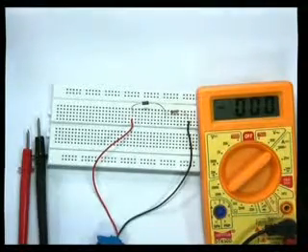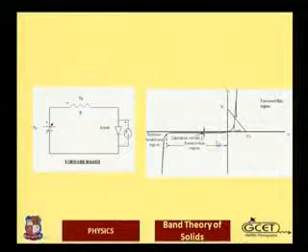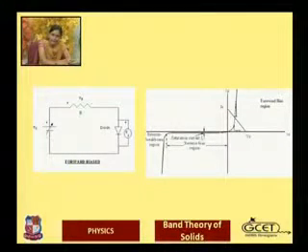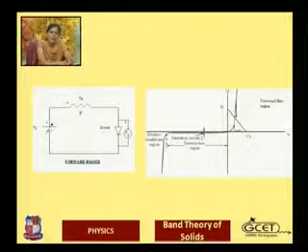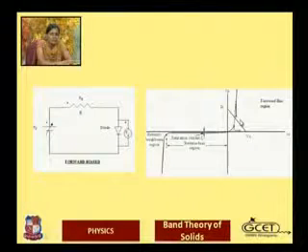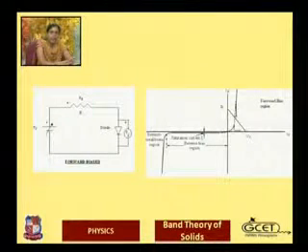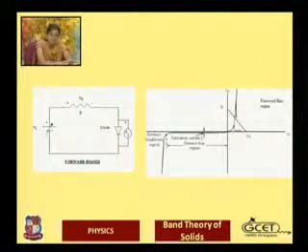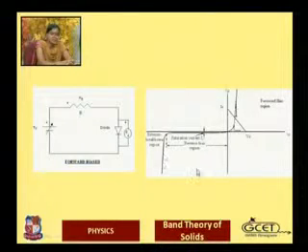Now as we can see in the slide, there is a forward bias region in the VI characteristics of the diode. Actually one can form the VI characteristics in two ways. Either one can take V on the x-axis and I on the y-axis, or one can take I on the x-axis and V on the y-axis. We have taken the current as a function of the voltage here, and one can see the forward bias region on the first quadrant of the graph. Cumulatively, in all four quadrants one can draw the graph, and we have drawn the forward bias region as the first quadrant and the reverse bias region as the third quadrant.